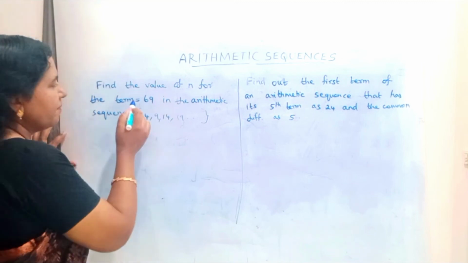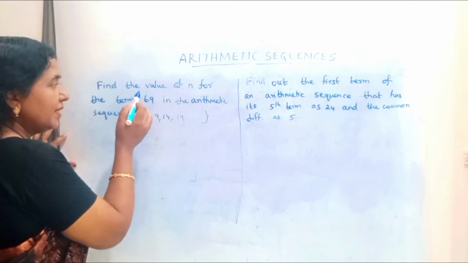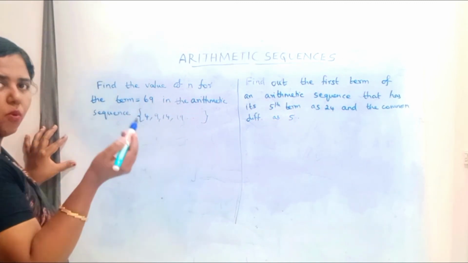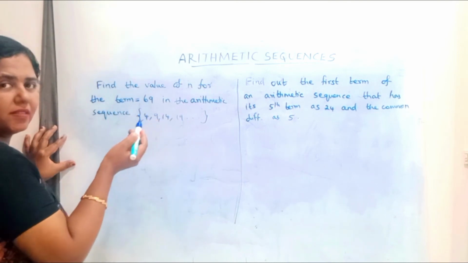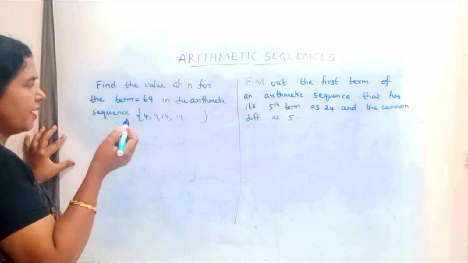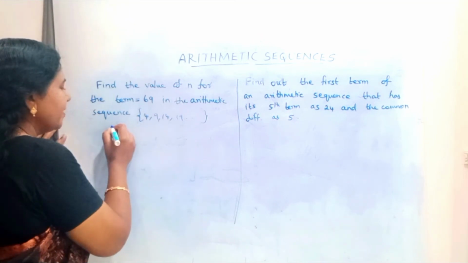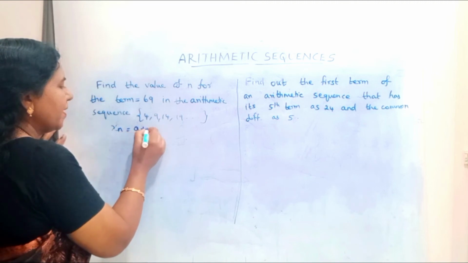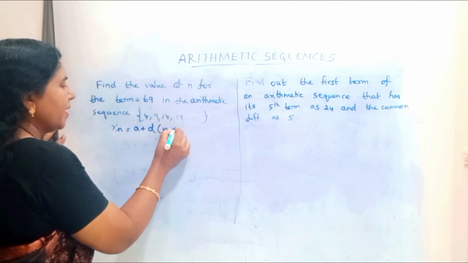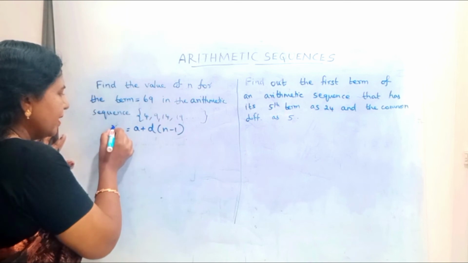So now here we are having the value of the term. So we know an expression for the term in terms of all the other parameters a, d, n and all. So now we can use that expression here. So it is xn is equal to a plus d into n minus 1. So now here this xn